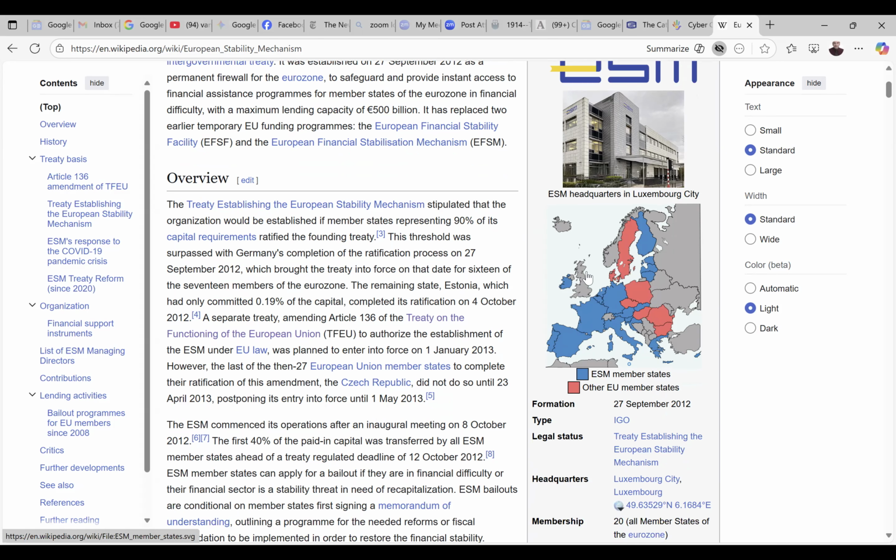So you can see, it's basically a way to give loans to set up the institutions to deal with sovereign debt crises, future debt crises that the European Union member states have. But of course, it's all kind of technocratic and separate. But going back to that article I was showing you, so let me share again.